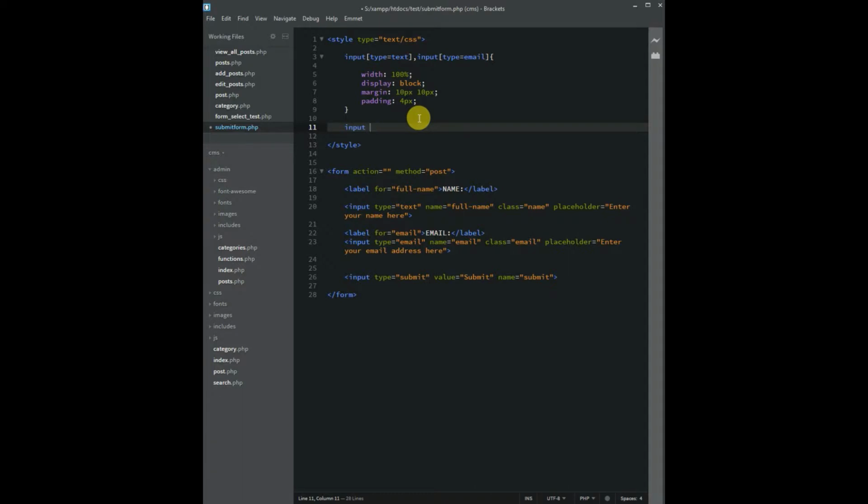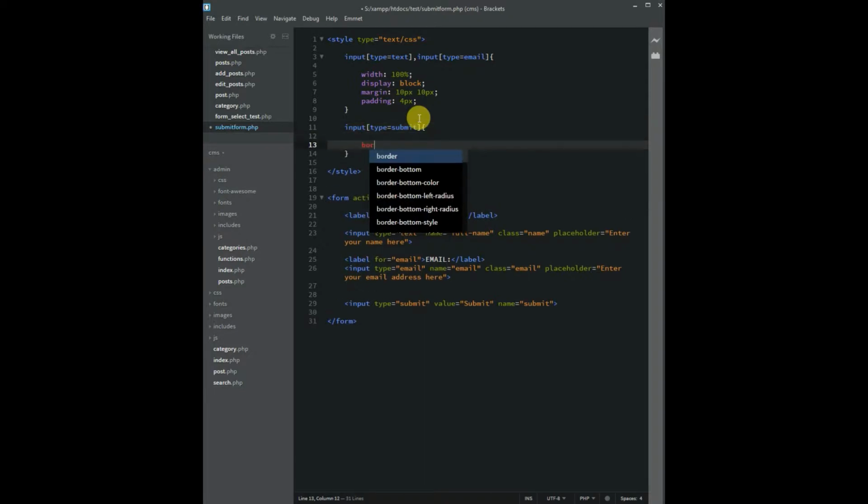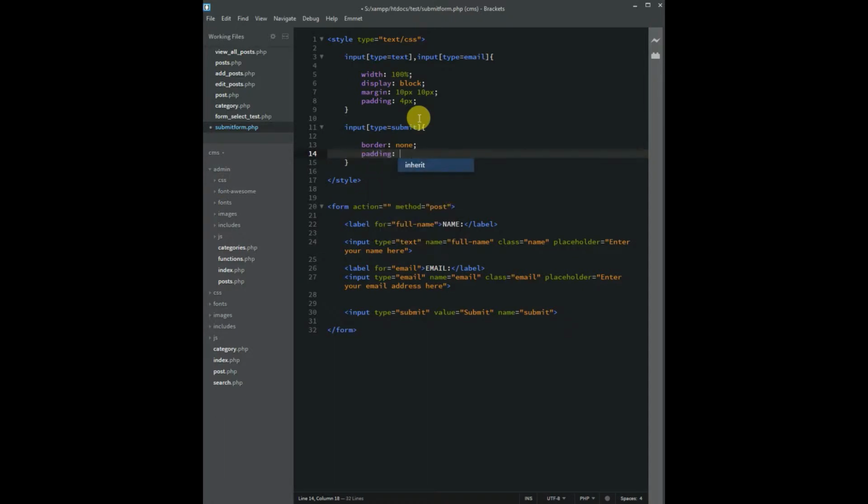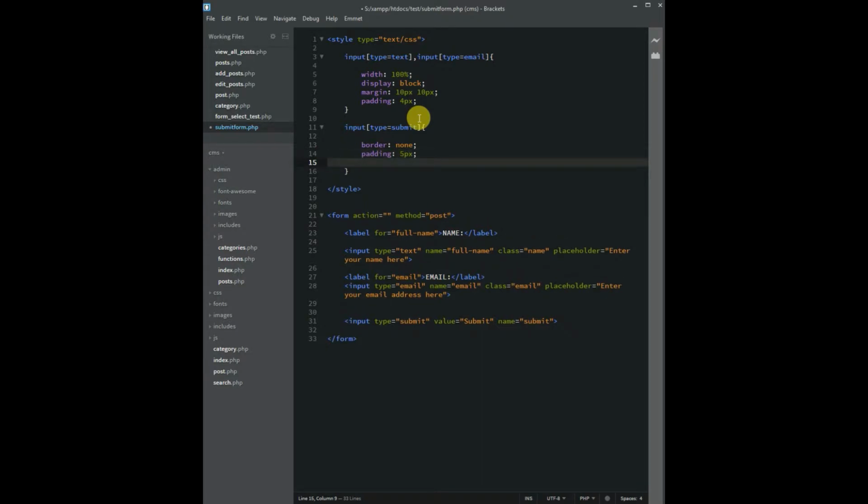Input type submit, which is going to be border none, padding 10 pixels, or it's too much. Let's give it 5 pixels, and also